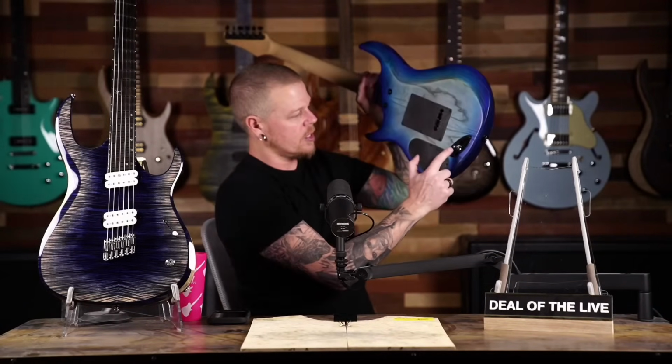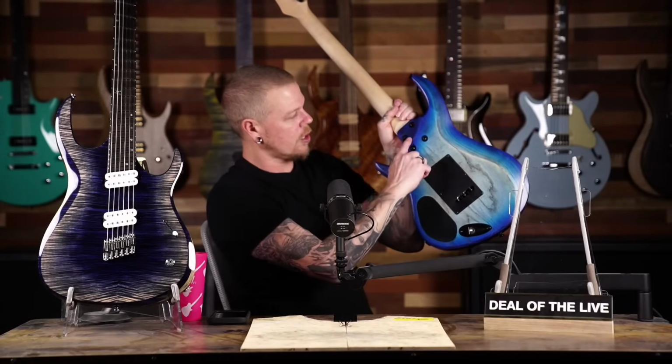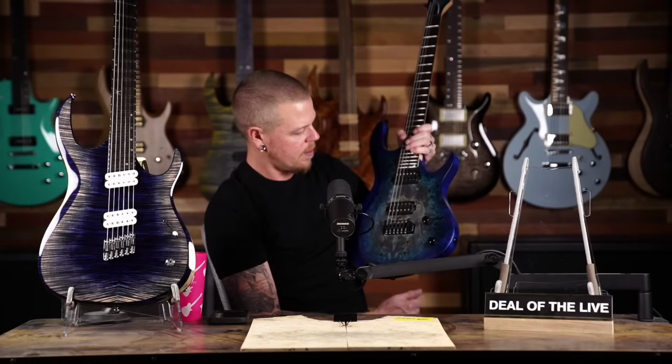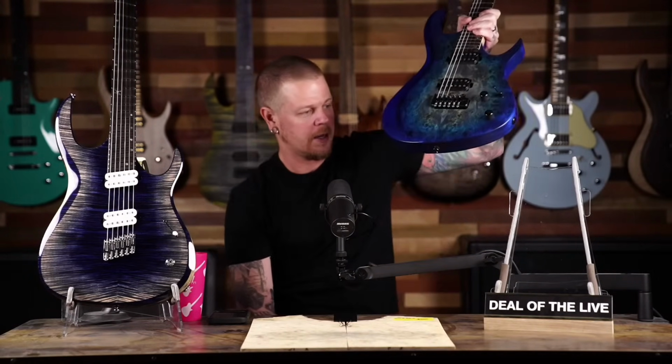It also has the access jack on the back. It did get the curved neck heel before the Aries did. The Aries now has that. But that's going to be your main difference. The controls are slightly different. But everything else is, I mean, they're two great